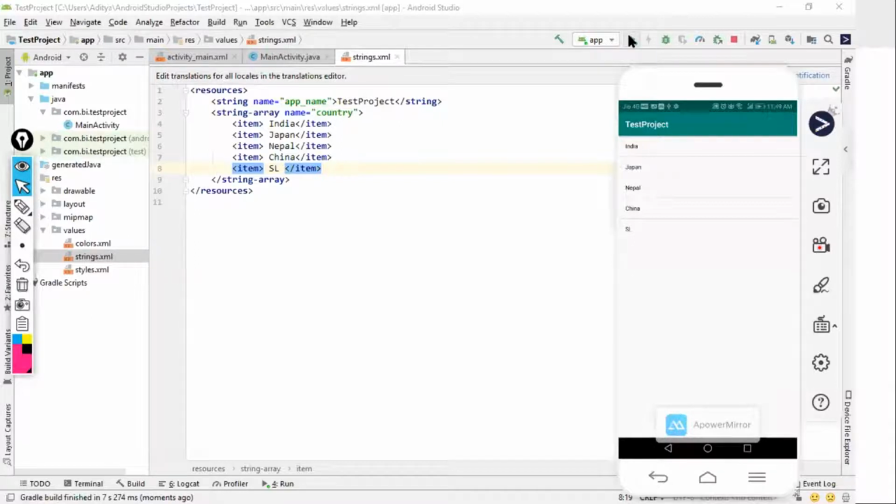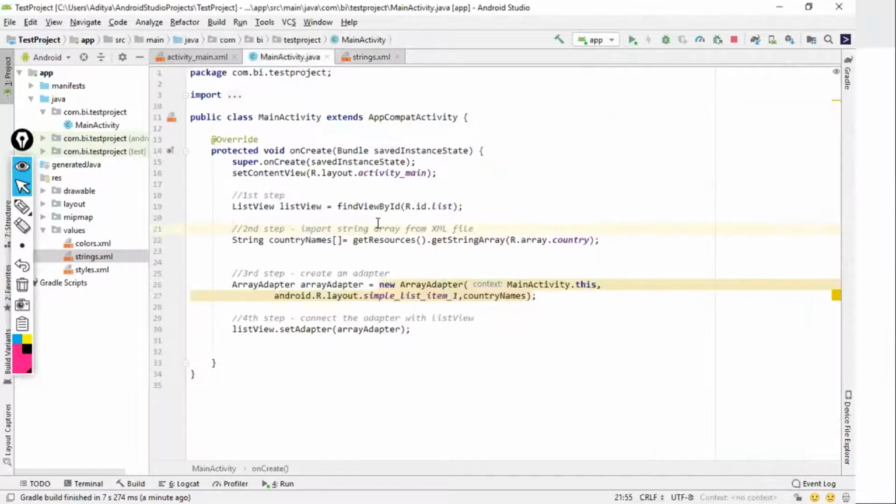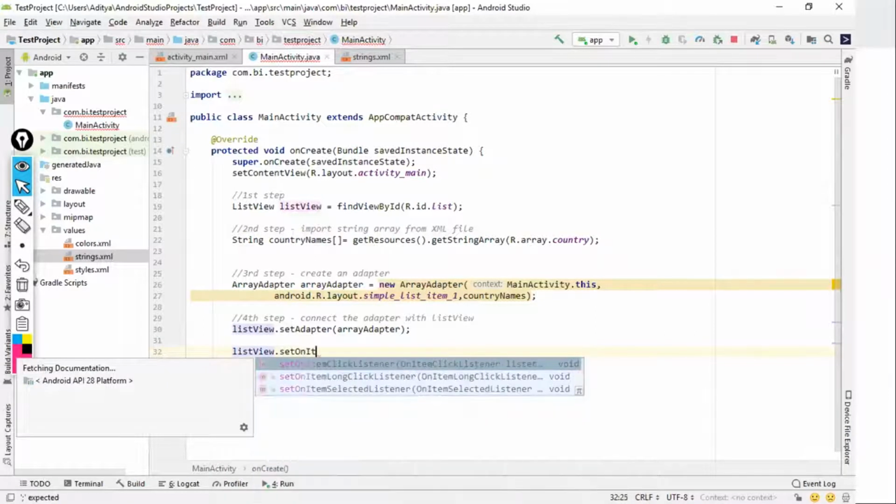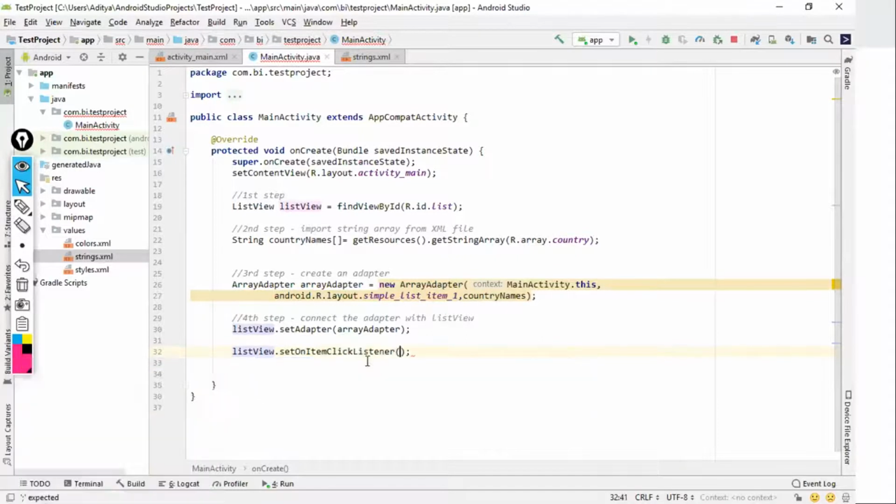What we saw, we actually saw 3 implementations of list view. Now if I want something to be done when I'm clicking on elements of the list view, I'll take the object of the list view. Over there also we used to take the object of a button, so we'll take the object of the list view, dot. There is something known as setOnItemClickListener. Just select this.